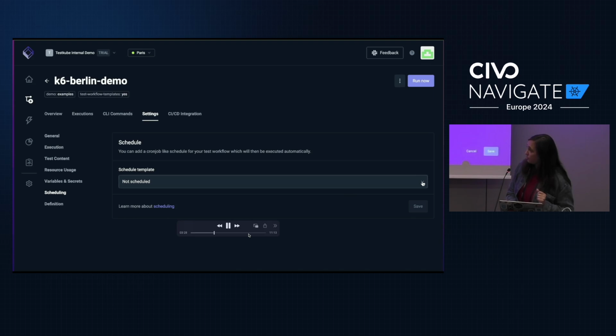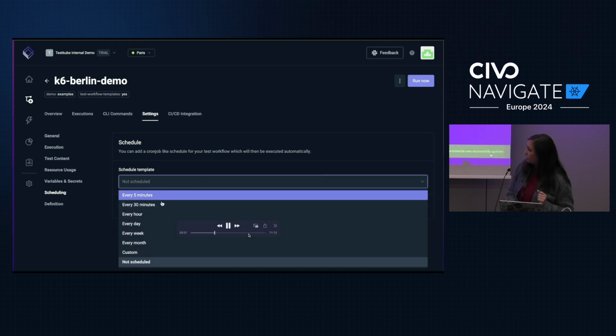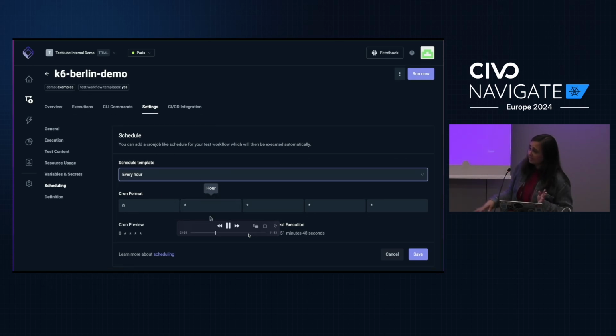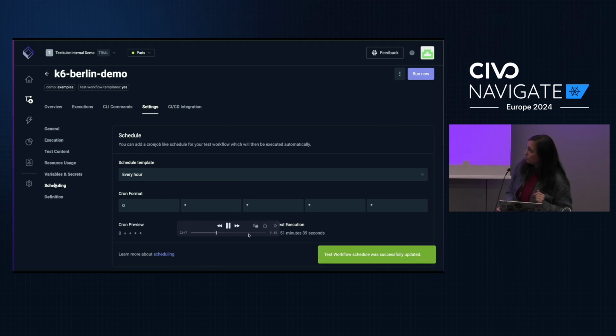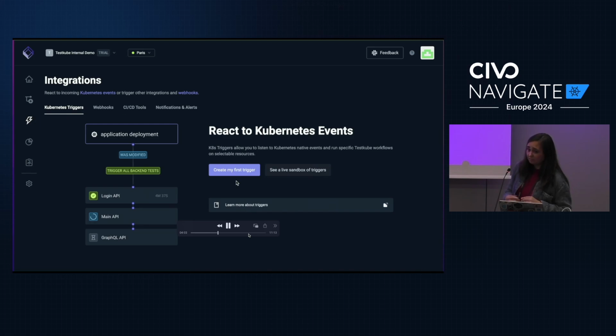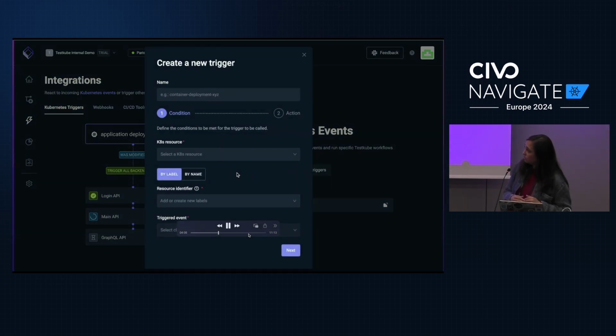Which makes it super easy to schedule that test and have it constantly running. The trigger is now done, that test is done, it's saved as a CRD, and you can change it as often as you want. There are other scheduling formats that you can use. You can trigger by Kubernetes events, so you can decide what events trigger different tests, which makes it much more compatible with your CI/CD pipeline,